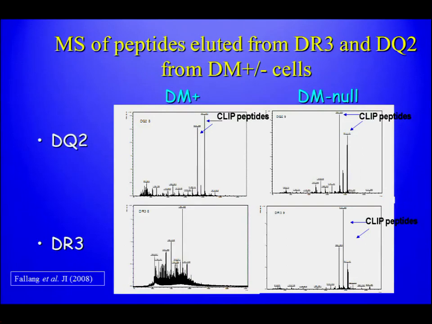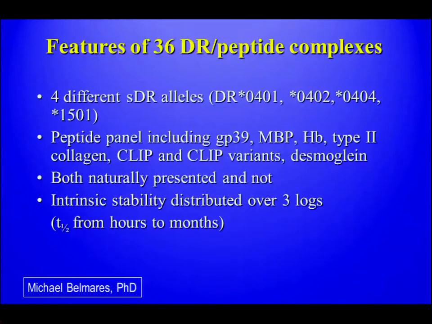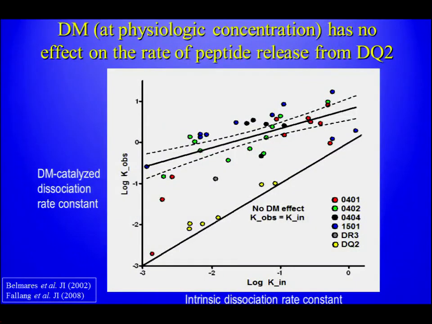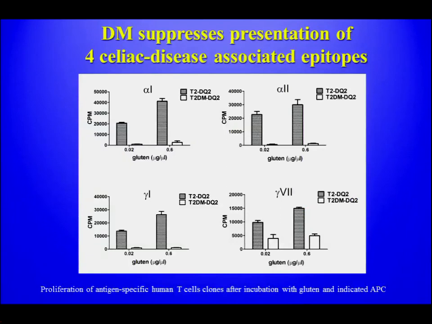And the second turns out to be the case, and I will not go through the data except to tell you that it's the second, because I think I'm too close to the end of time. Yes, it is the second: the DQ molecule has low affinity for DM, so the CLIP peptides do not get removed. So what we're able to show with this, using this molecule in an antigen presentation assay, is